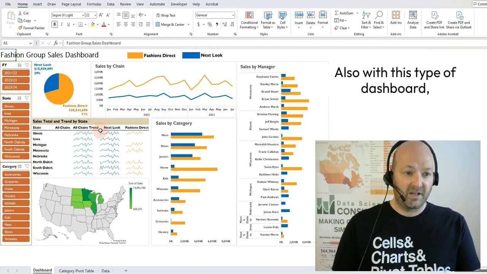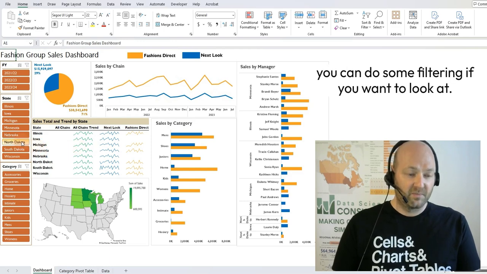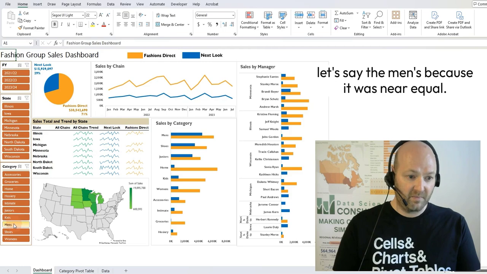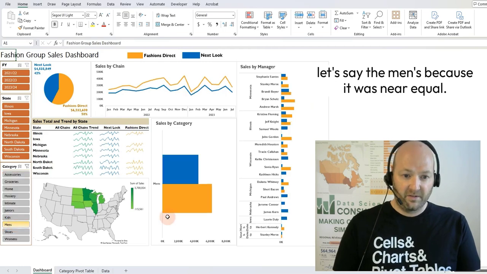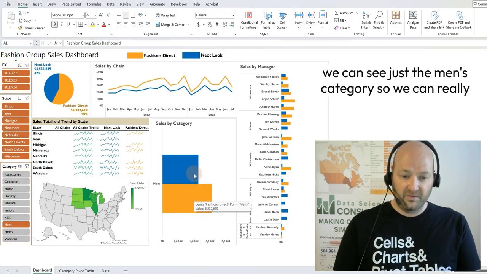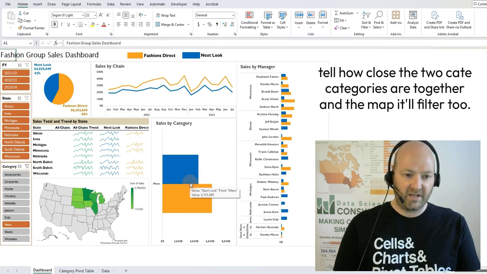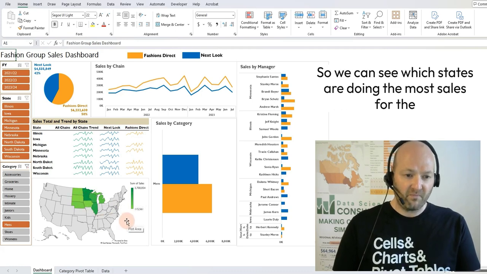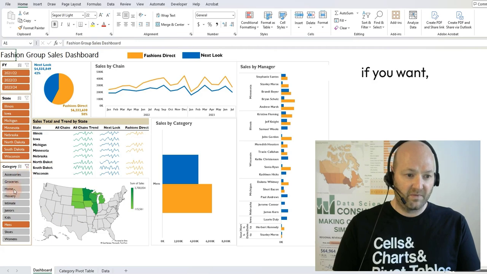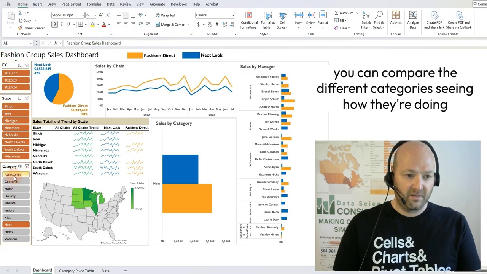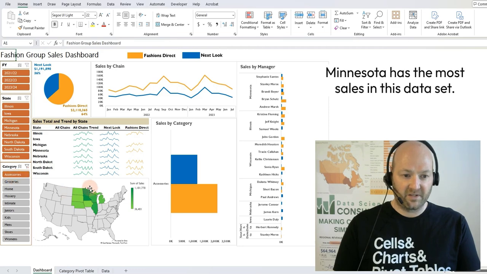Also, with this type of dashboard, you can do some filtering. So we want to look at, let's say, the men's, because it was near equal. Now we can see just the men's category, so you can really tell how close the two categories are together. And the map will filter too, so we can see which states are doing the most sales for the men's, and if you want, you can compare the different categories, seeing how they're doing in each state. Typically here Minnesota has the most sales